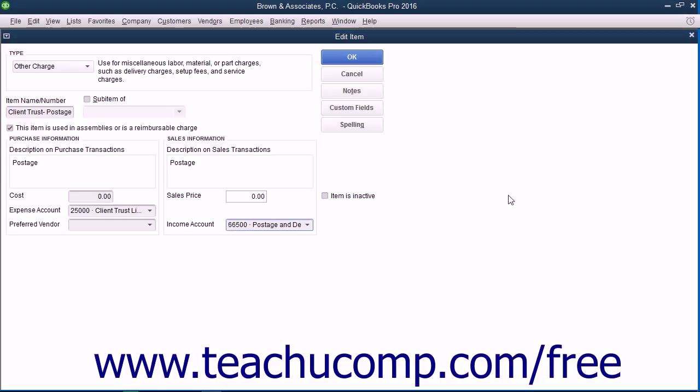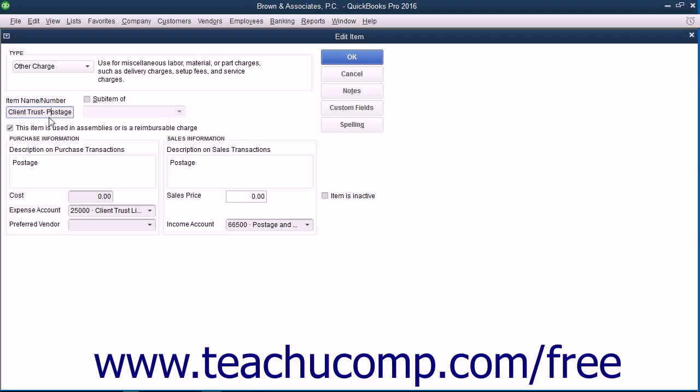Note that you should fill in the customer job field for the line items when used in a bill to record the client and matter to which the recorded expense should apply. Also note that you should consider adopting a naming convention for these items for the law firm expenses that are passed through to the client, such as client expenses - postage, so as not to confuse them with normal types of items used in invoices that record income through their use in a sales form and record expense when used